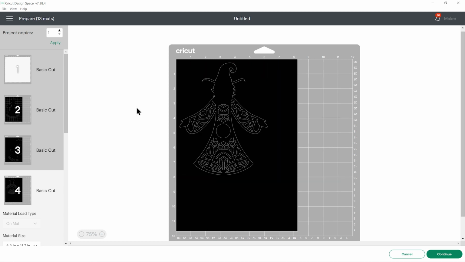Alright, so when you've finished changing all the paper sizes and getting everything moved to where you want it to go, press continue to connect to your Cricut machine and follow the on-screen instructions to get everything cut out from cardstock. Then we'll see how to stick it all together.